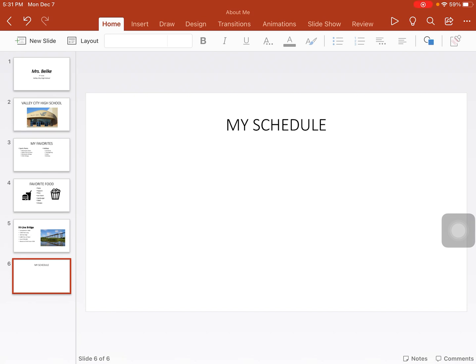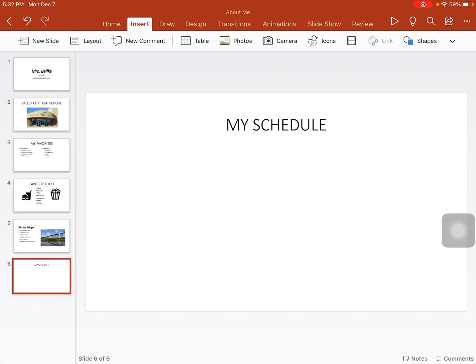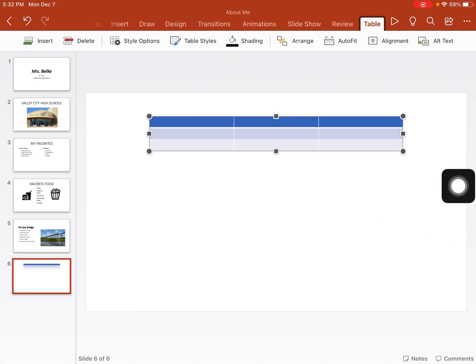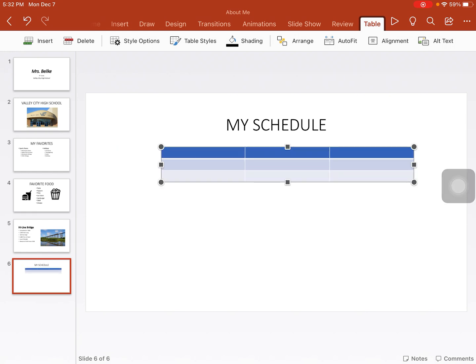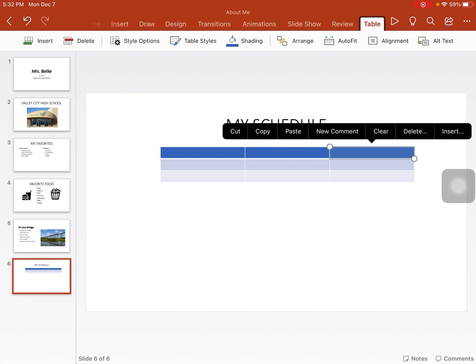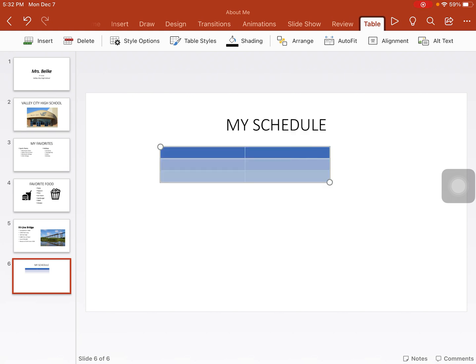Okay, we're going to add a table, and we've used tables before, so we're not going to spend a whole lot of time formatting tables, but just as a little review, we're going to go to the Insert tab. You'll notice that under here it says Table, so we're going to insert a table. And you can see a table shows up. We can change the style, shading, all the things that we've done before. We're going to actually select those last 3 cells and we're going to delete those. We only want two